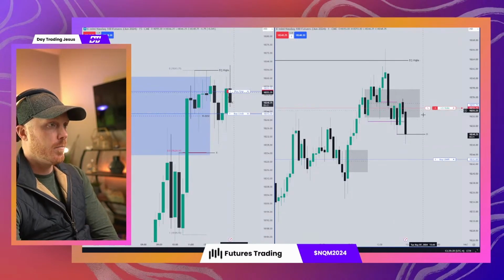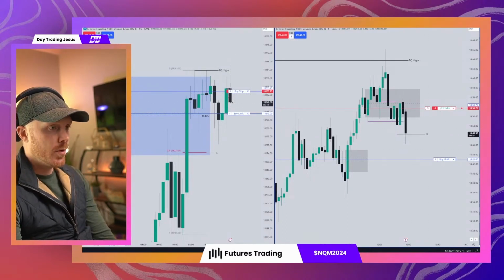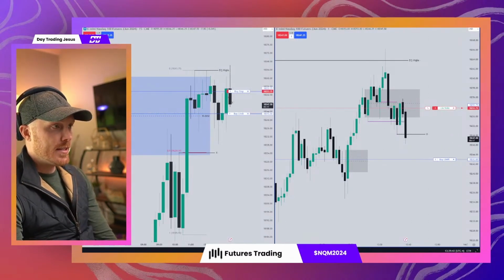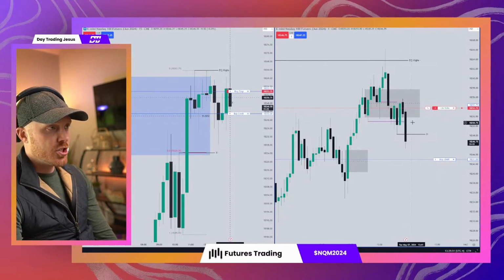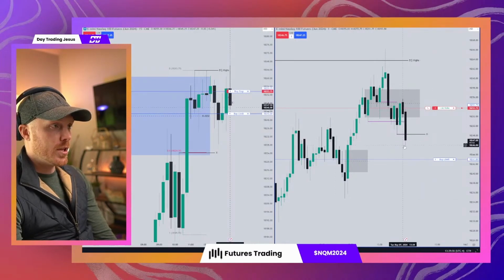We could just push right back up because we aren't in that macro. I see this happen too often. If we're before the macro, it will not go all the way down. It will not push lower. It will just reverse and consolidate until we hit that macro, and then it starts to run. And so we could see that happen right here, which is why it